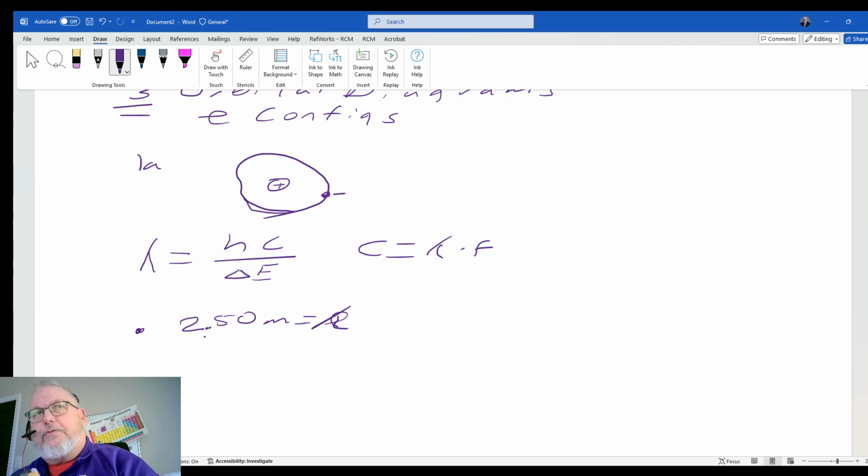If I know that there's a billion nanometers, 1 times 10 to the ninth, in 1 meter, then to convert to nanometers, I take 2.5 and divide it